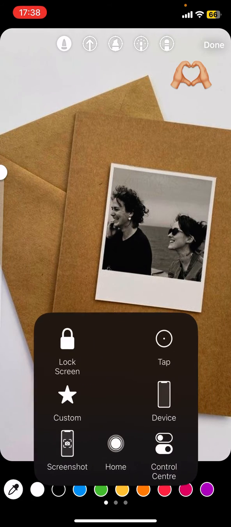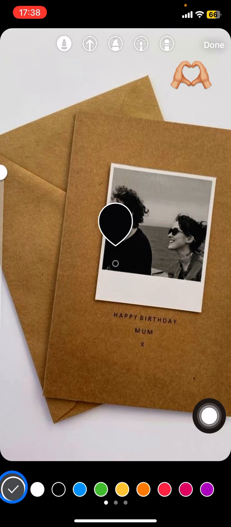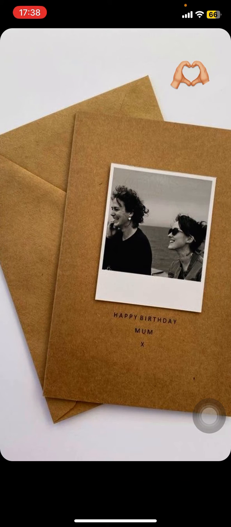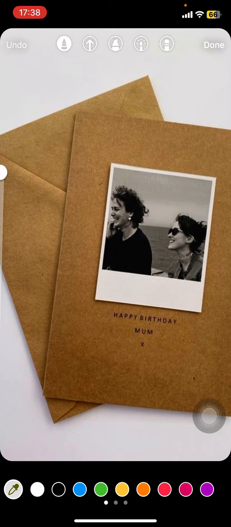The next thing we need to do is pick the color by clicking this color picker and dragging it onto the specific area whose color we want to duplicate, and then you just need to start scratching. And you'll see the emoji starts to disappear, and whenever you're done you just need to click